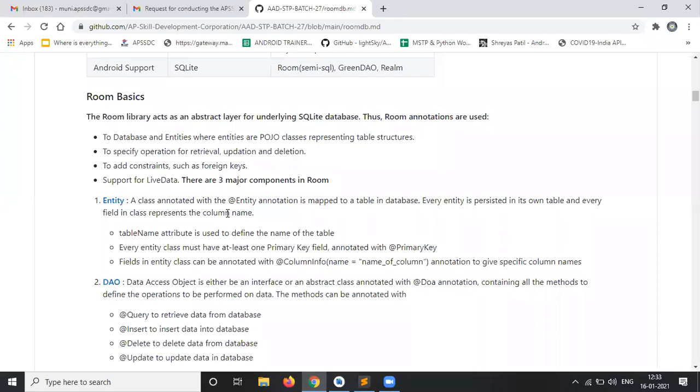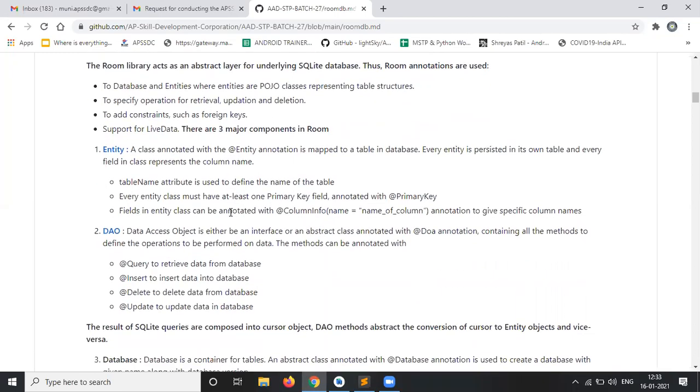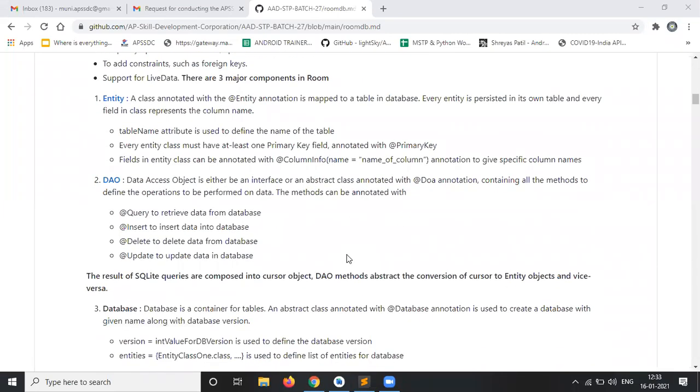In the next step, we will see the architecture of the Room database. Thank you, there is no response from your end.